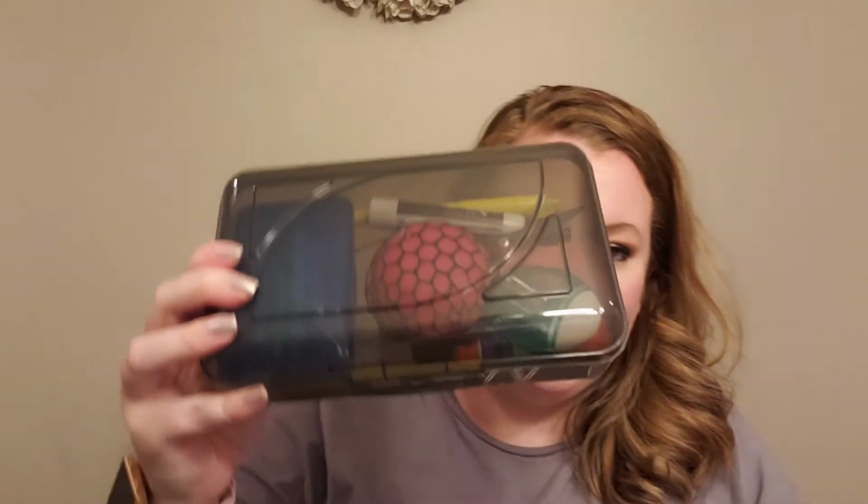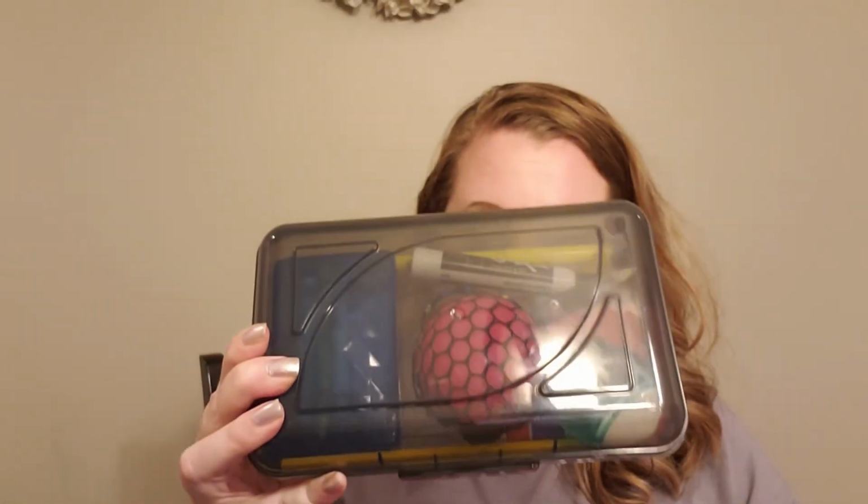All right, so I wanted to show you, I went ahead and put together my kit. And I wanted to show you that everything fits perfectly in there. So I'm really happy because this is going to work great, I think, for the kids this year, having the individual packs. They can just come over and I'll have it in a spot. I'll have to find a place in my classroom. I haven't quite decided. You'll see that when I do my classroom tour in a few weeks, but where they can pick them up. So as you can see,